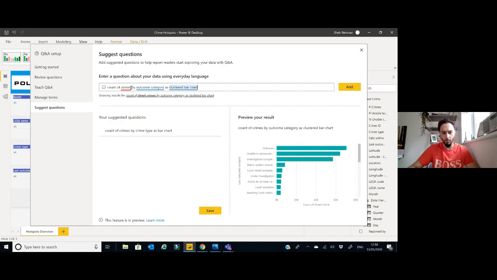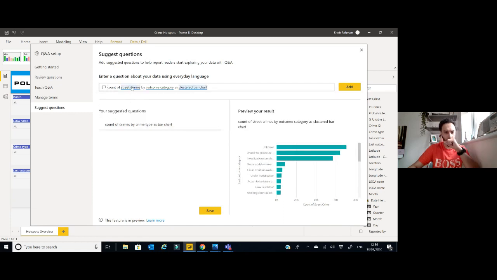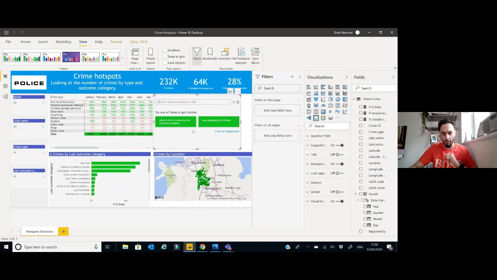Yep, so we can also, let's have a look, count of street crimes. It gives you options as you go through here, so you can set these. So let's say, okay, we'll add that as well. And as you add them in order, you can save that. Okay, and then we'll come back out of here. And then if you give it a second,